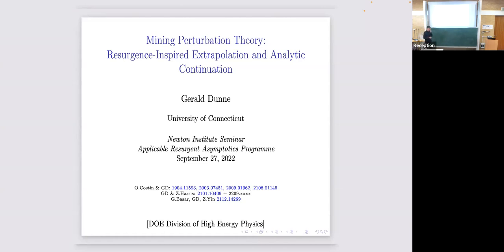Okay, so this is based on some work done in the last few years with Ovidiu Costin. It's motivated by some problems in field theory, quantum mechanics. But I think the ideas are actually fairly general. I'll describe the basic idea, give you some examples that illustrate the mathematics of it, and then a few physics examples. I have an infinite number of physics examples, so we'll see how far we get. Please feel free to ask.